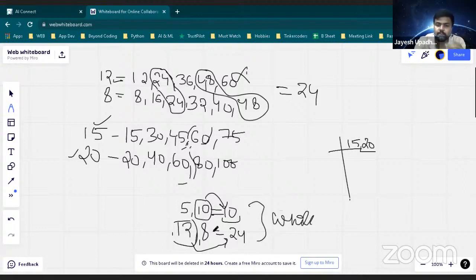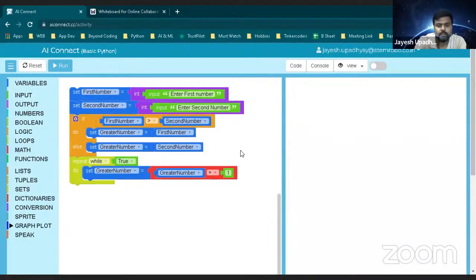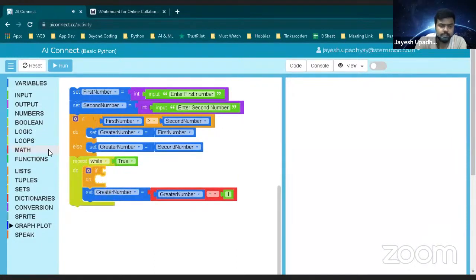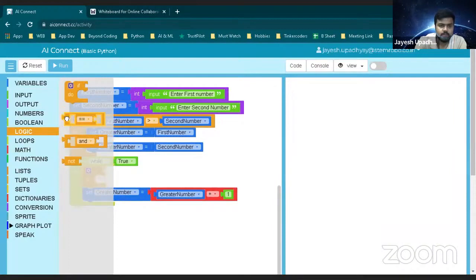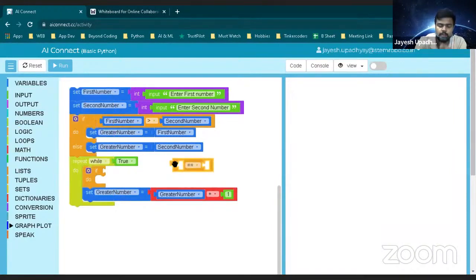We need to check the 13 which we are getting. Let's take this example: is the 13 which we are getting divisible by both or not? So let's just do that. We have seen this in the prime number also, I will just write the same logic over here. So that is the if condition. I will add a condition for it. So what I will say, if,